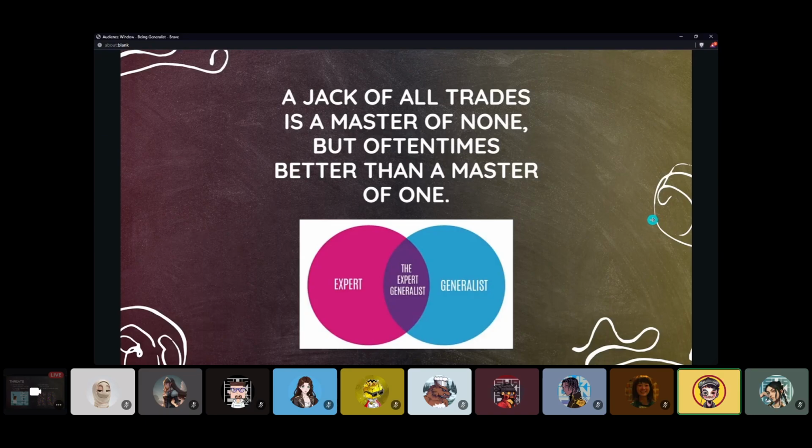So a jack of all trades is a master of none, but oftentimes better than a master of one. So what we are aiming for here is not necessarily to be a generalist, because we are not debating here who is better or who is not better, right? But we are here to learn, to grow, and sooner or later we will contribute to this industry, and we will be the expert generalist or a special generalist or a